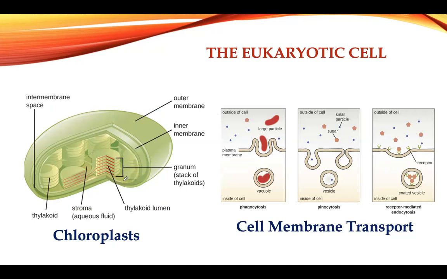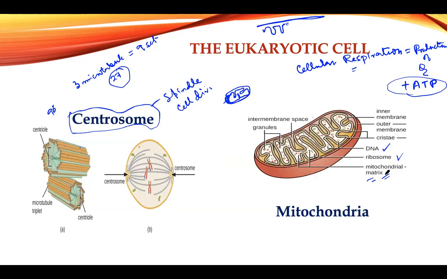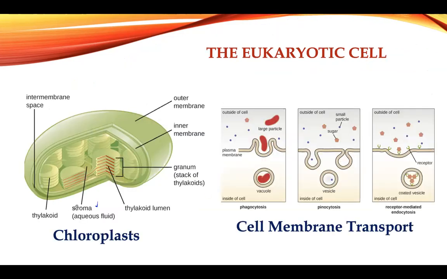Now, the cytoplasm of chloroplast is called stroma. Okay, so don't forget that the cytoplasm of mitochondria is called matrix. Cytoplasm of chloroplast is called stroma. Cytoplasm of any eukaryotic cell we call cytoplasm or cytosol. Okay, so the stroma,